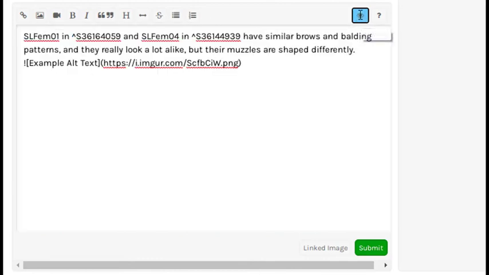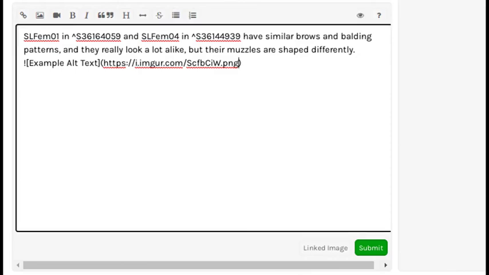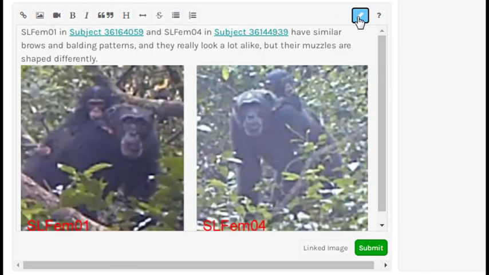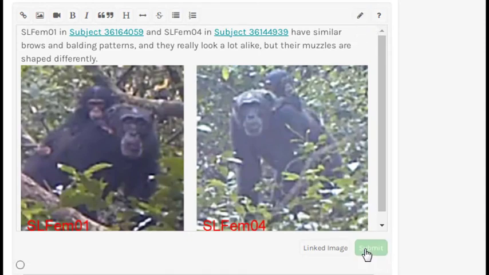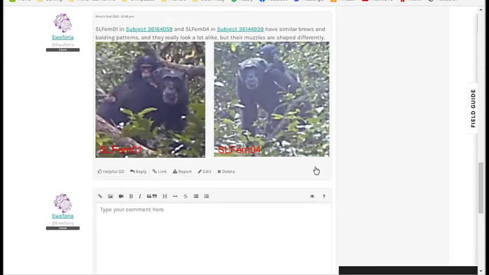The way you resize an image is to place your cursor just to the left of the closing parenthesis and add a space. Then type an equal sign, the width you want the image to be, and an X to indicate pixels. You may need to experiment a bit to find the best size when you preview the message. When you have the image adjusted to the size you prefer, click the green Submit button to post the message to the Talkboard discussion.